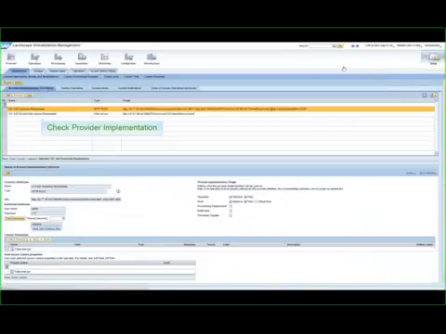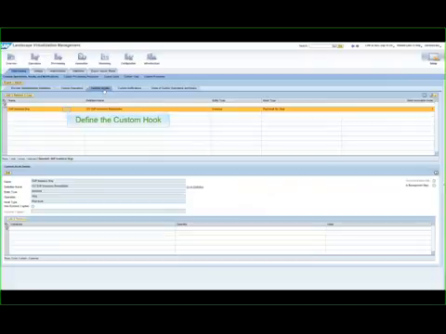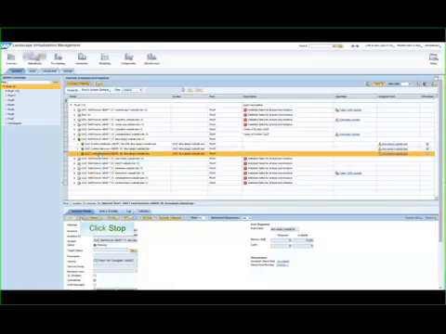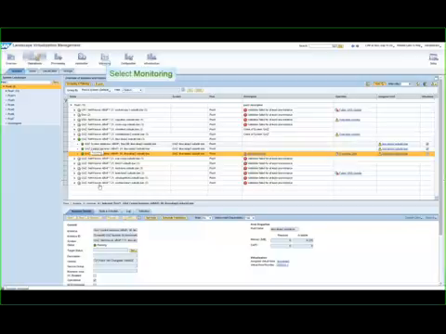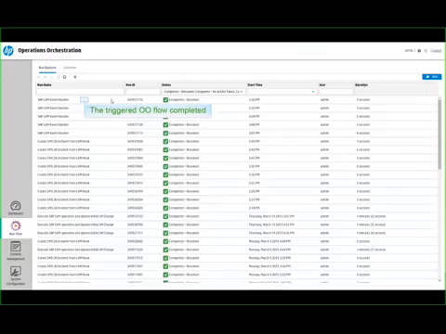So in LVM's user interface, in the setup panel, I have here an implementation definition and a custom hook defined, which will trigger my OO flow in Central. It's previously deployed on Central. In this case, it's an error hook for a stop operation. So if I trigger a stop operation on one of the SAP instances, and in case an error hook occurs, a custom hook will be triggered, which will launch the run of an OO flow in Central.